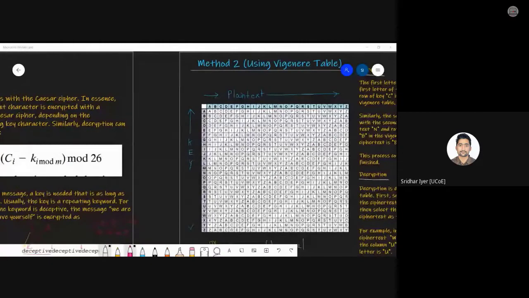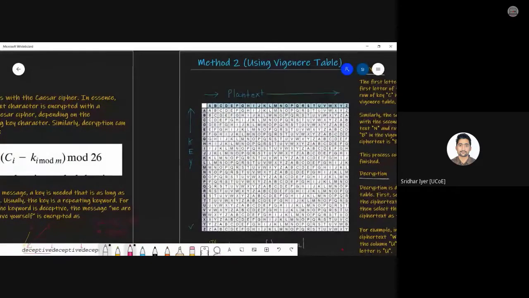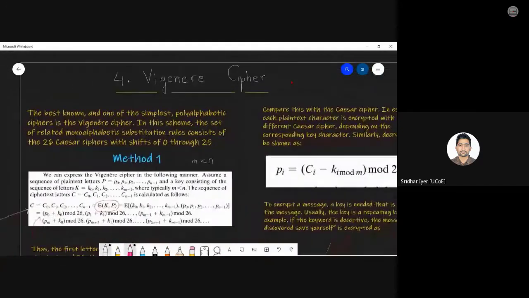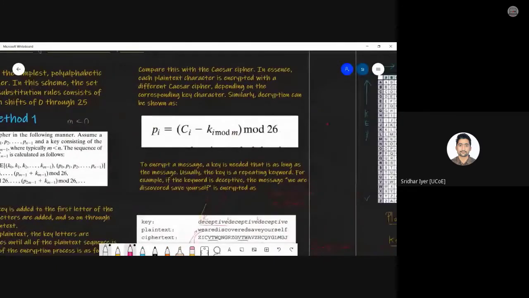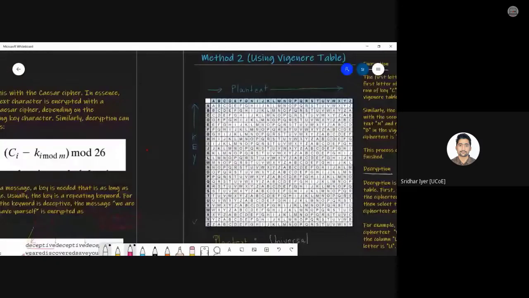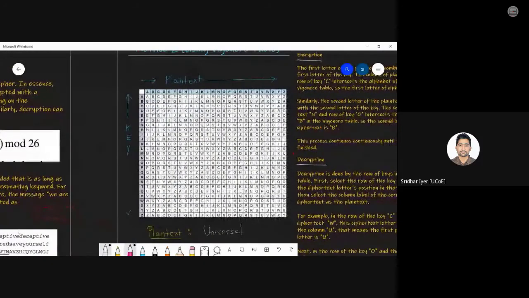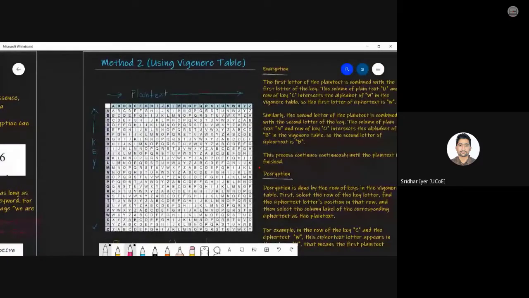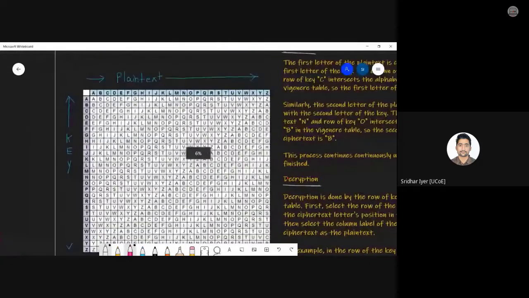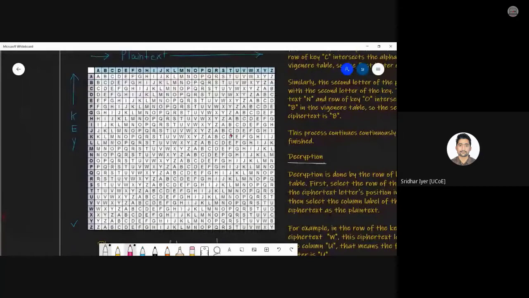Okay, fine. So let's start with method number 2. Now, as I had told you earlier, these problems can be solved using 2 methods. So let's have a look at the second method. In the second method, very rarely it is being asked, but still, if it is asked like this, they have to give a table in the exam. This table is what we call as a Vigenère table. Okay, just have a look.